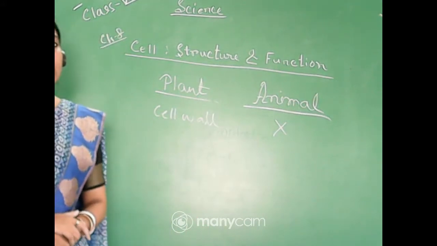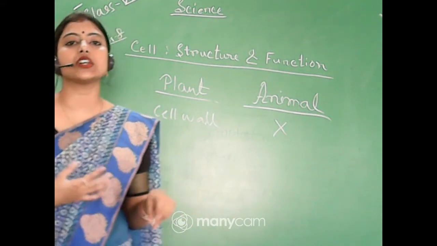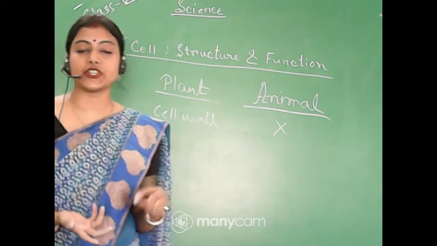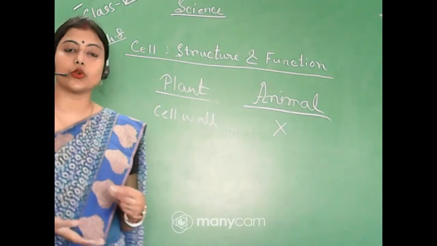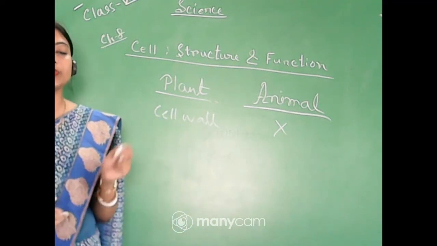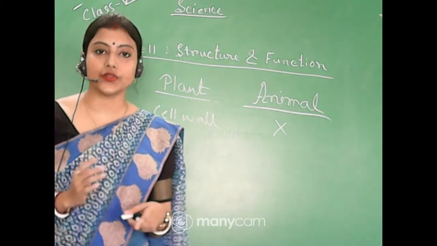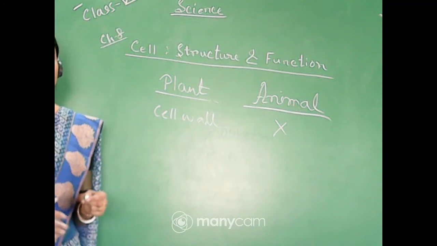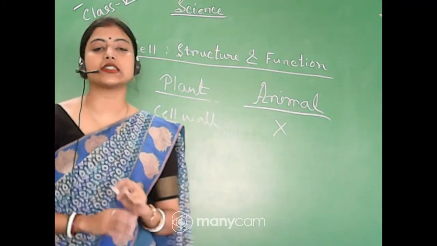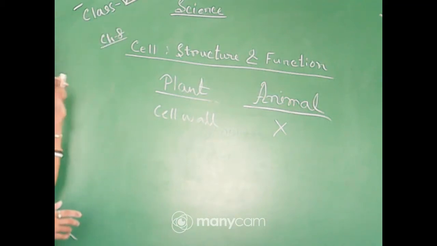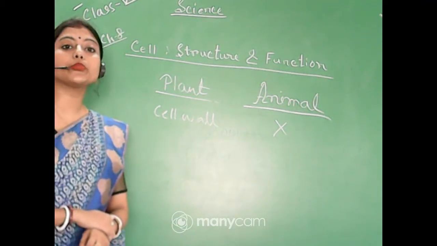In prokaryotes, the nuclear membrane may be absent, or the nuclear materials are not properly organized. But in eukaryotes, or higher organisms, all the organelles and cellular structures, along with the nuclear structures, are well organized. Okay, so we have also discussed the protoplasm.